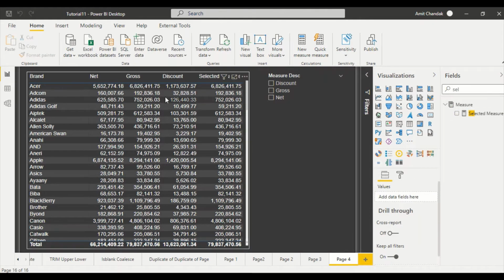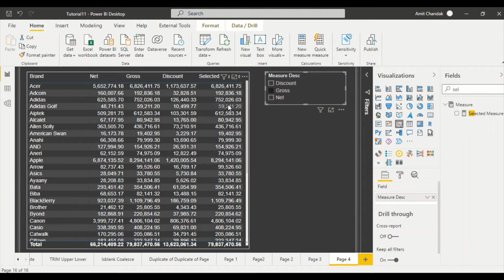Now if you look at this, right now the value is matching with the gross sales. We have not selected anything, we defaulted it to gross. Now if I click on gross, it's again going to be gross only. But when I click on net, it has become the net value. So look at this net value, this is the total, and this is the same total we are getting. Now if I click on discount, we are getting the same as the discount value. Now formatting is something which you need to handle, but this is the easiest way to do this.